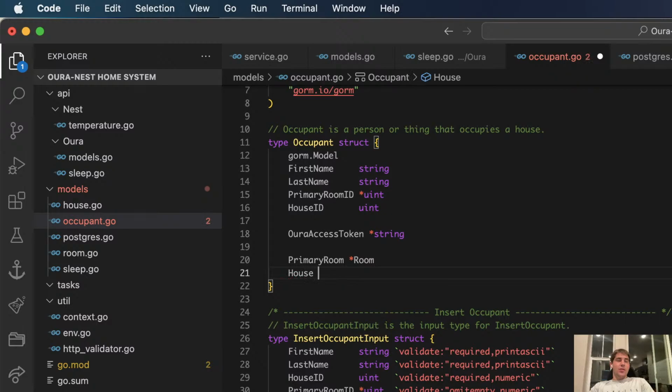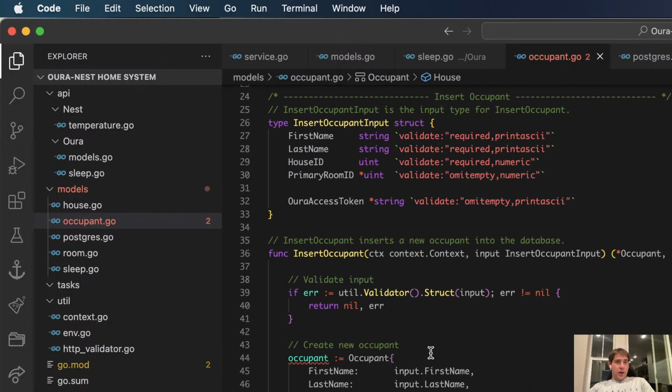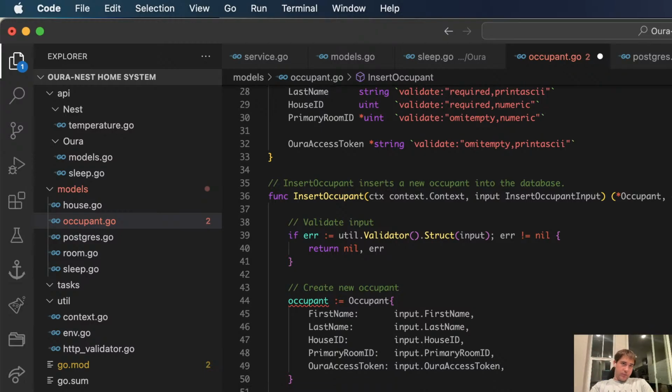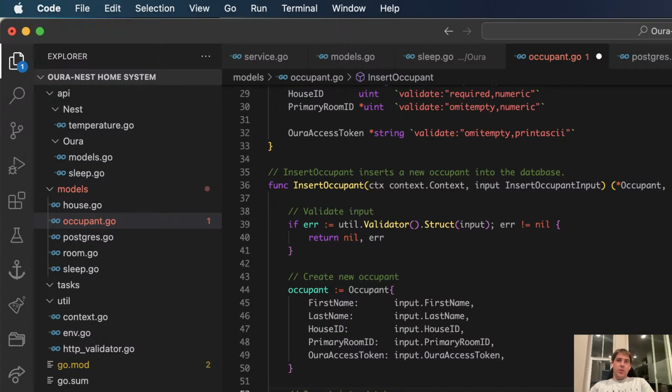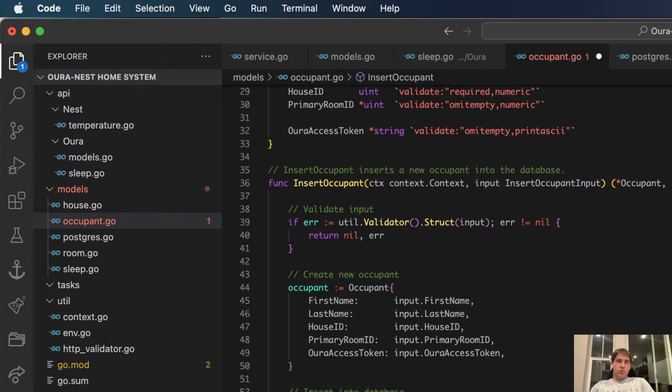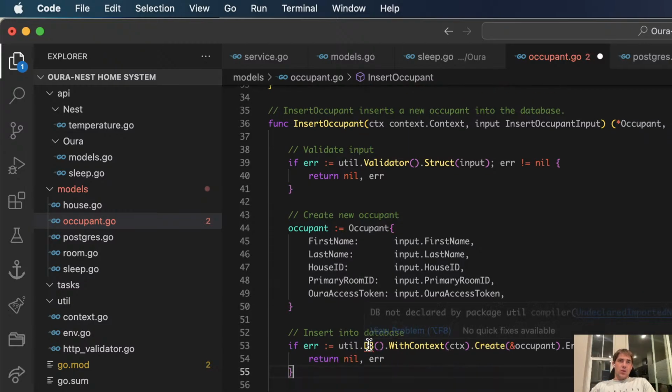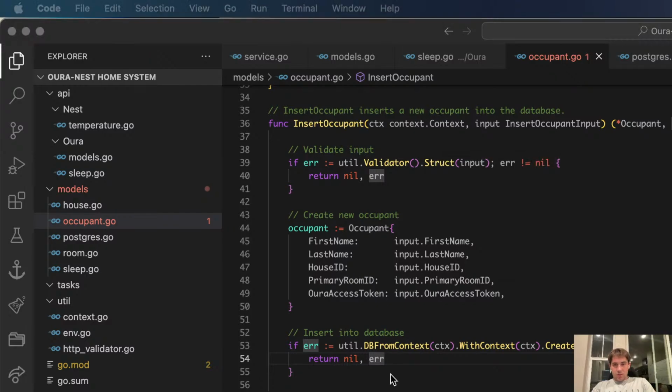I'm also going to go, that should be house relations. So let's go ahead and use Golang to insert. Actually, I'll keep the comment there. Why not? Error is like nil. Return nil error. Jeez. Yeah, Copilot is on today.